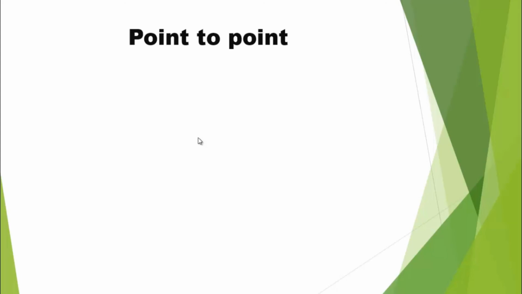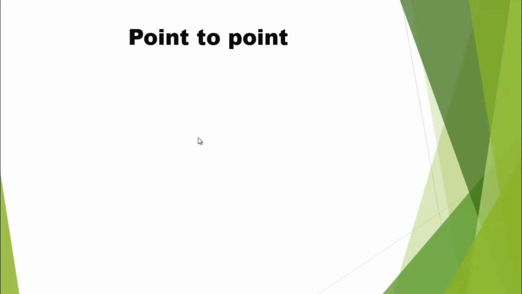The next we have is point to point. In a point to point network, we have a group of computers that are connected with a server, and then the servers are connected with each other, so it becomes a point to point network. Let's suppose I have three servers, each and every server will have its own clients, and these servers will be connected with each other.